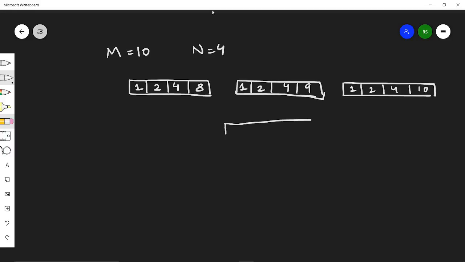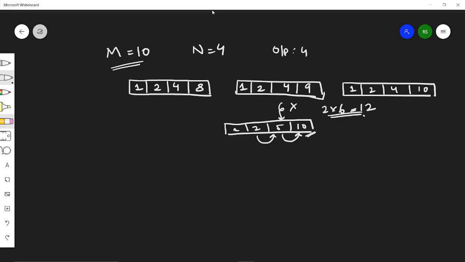But there is one more thing that you can do. Instead of 4, you can take 5 also, because then also the condition is fulfilled, as 5 is greater than twice of its previous element, and similarly for 10. But can you take 6 here? No, because if you take 6 here, then twice of 6 would be 12. So that would exceed the m. So therefore, we cannot take the 6, because the maximum number that we could have in the array is m. So we have to count the number of such arrays possible, which is 4 in this case.